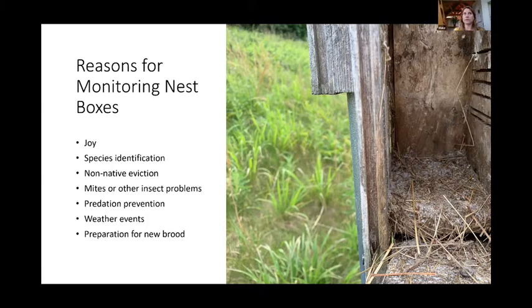I was able to get rid of a house sparrow this way, just kept throwing out the nest, and they eventually gave up. It is legal to do that because the house sparrows are not protected under our Migratory Bird Species Act. Other problems that you may encounter if you're nest checking, you might have an insect problem like mites